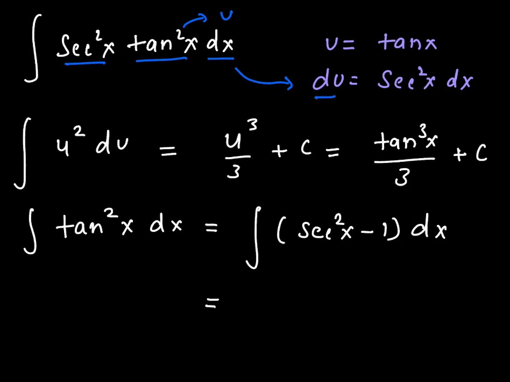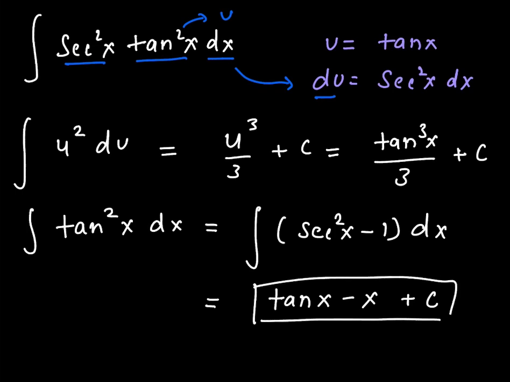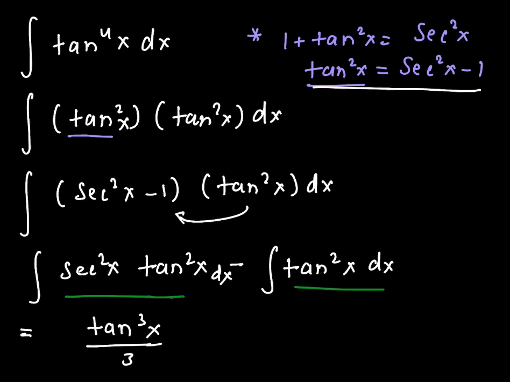Now we're going to write the antiderivative of this expression, as we know that the antiderivative of secant square x is tangent x and the antiderivative of 1 is x, so that's going to be minus x plus c. So this is going to be the answer of the second indefinite integral. Now we're going to write it over here, but we can see that there is also a negative sign, so we're going to multiply it inside. So we would have the final answer as